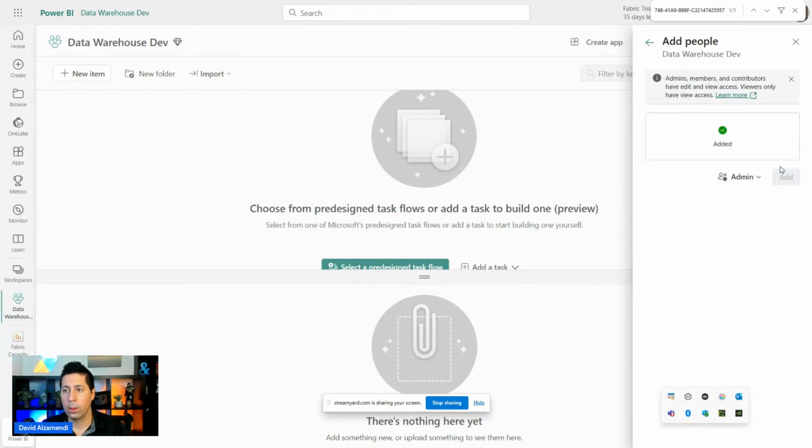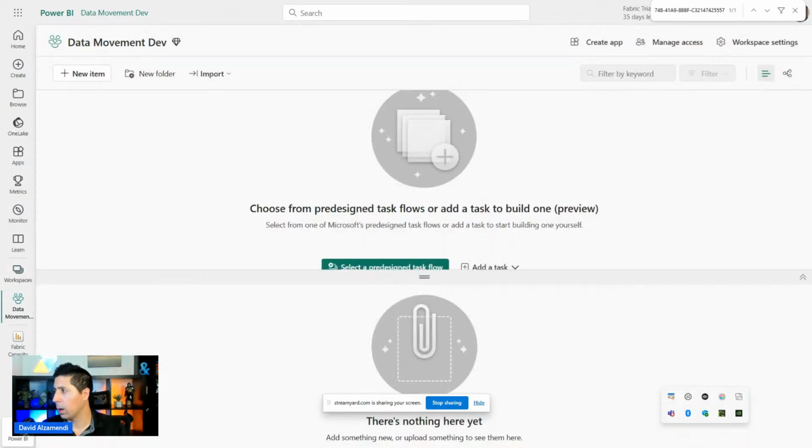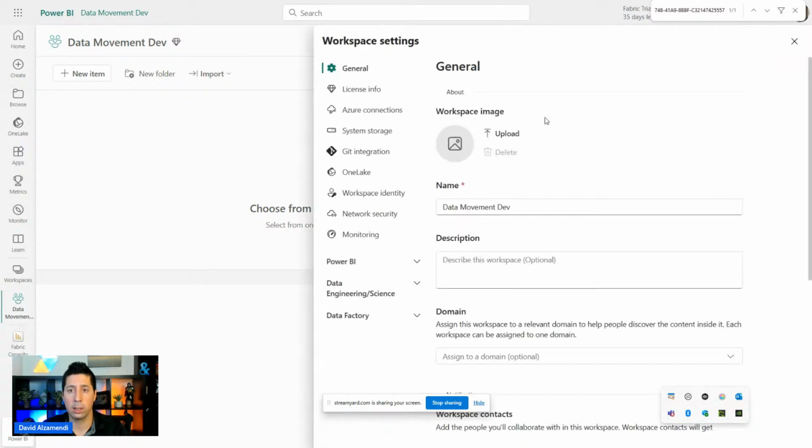Now, we've done that. Now, I'm going to go to my data movement workspace, and I want to show you. So now we created workspaces, but we also have to configure them. There is one thing, specifically one thing that I like to change in the workspaces where I'm going to be using notebooks. And what's that? That is basically go to workspaces, navigate to the data engineering and data science section, go to Spark settings,